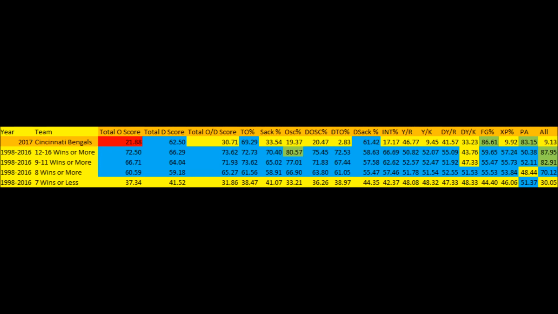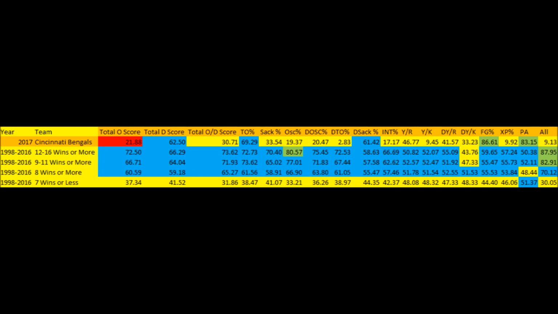Sack percentage is a prerequisite. So I would say when it comes to sacks, they're at the prerequisite. They don't really need to improve. They definitely can improve, don't get me wrong. You always want to try to improve sack percentage. But the prerequisite for 12 to 16 win teams, you're pretty much where you need to be when it comes to that data point. So I wouldn't say that should be a big point of emphasis as much as getting guys who can turn the football over and stuff like that.